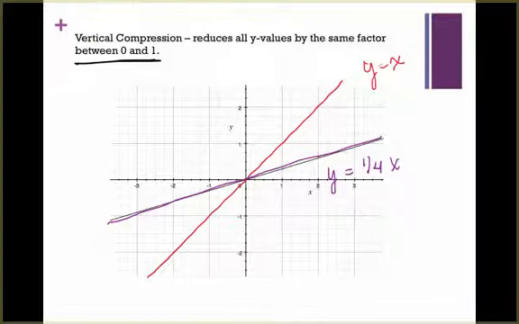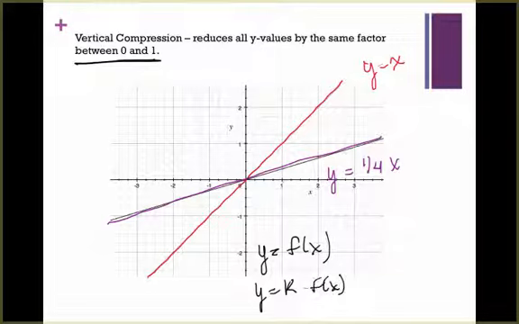So if we have the graph of y equals f of x, then y equals k times f of x, where k is something between 0 and 1, is going to give you a compression vertically of whatever your value of k